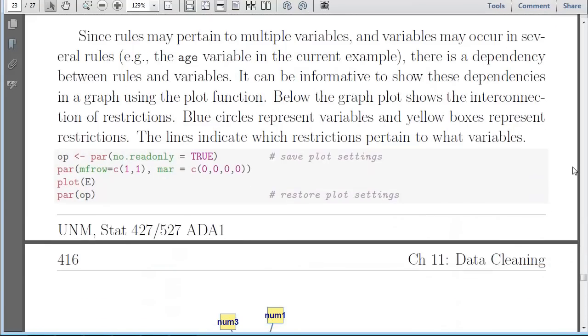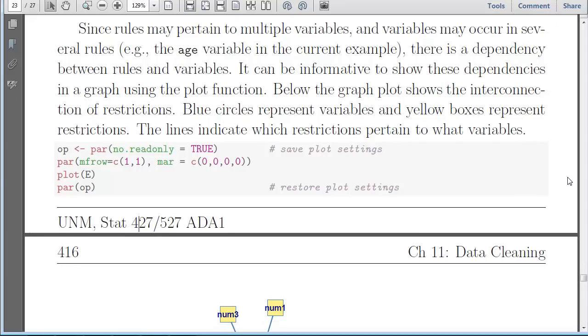So you can actually plot these rules. So this code here creates a plot for this rule. In fact, plot E here is what we're plotting. We're plotting the edit rules. This other code around it, just for a moment, I'm going to change my graphic parameters to have no margins so that the plot can take up the entire space. And mfrow says that if we have previously defined a multi-figure panel, that this multi-figure is going to have one row and one column, which says it's going to have one plotting space. And so the plot that we see is this one,